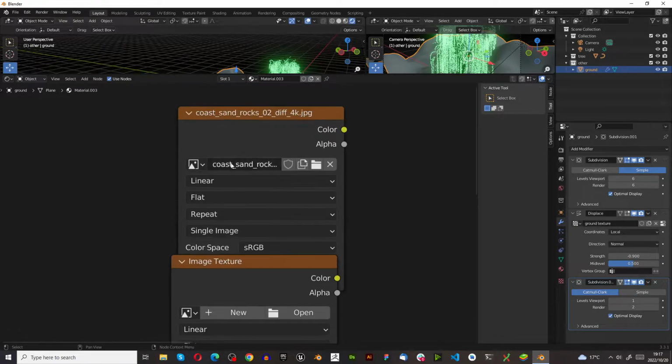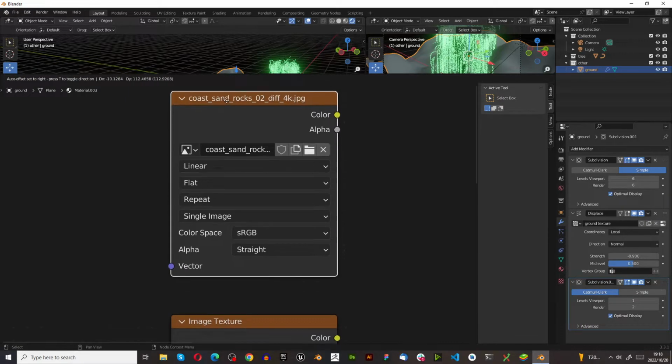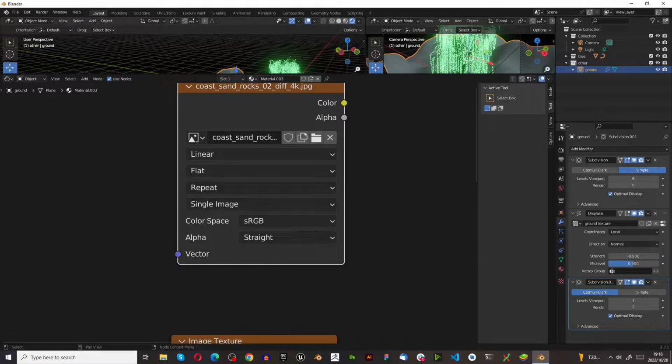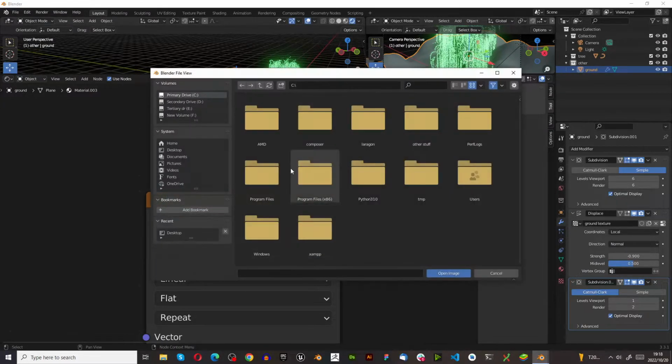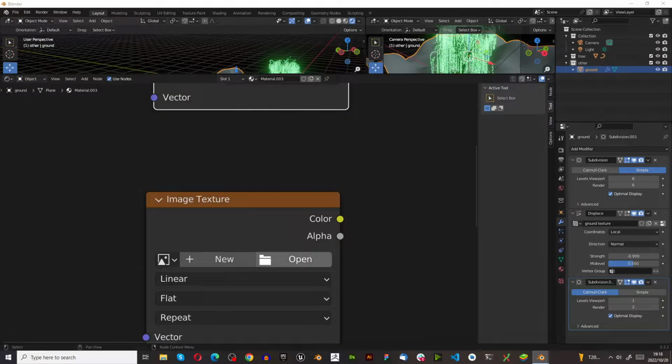So this one over here is the diffuse. Right. So now that that is done, I'm going to make sure linear, flat, repeat, single. This is all fine. Cool. Next one we're going to add is